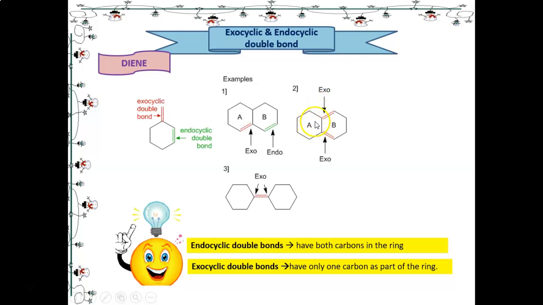The second example, we look at A structure and B structure. Outside the A compound, is there any attachment of a double bond to that A compound? Yes, it has 2 exocyclic double bonds attached to A compound, one here and the other one here. So 5 times 2 is 10. Outside the B compound, we have A compound, so there is no double bond inside A compound. Look at this third example: compound A and compound B. Outside compound A, there is one double bond, which is an exocyclic double bond. Outside compound B, there is also a double bond. So we assume that there are 2 exocyclic double bonds, right? So for this compound, 2 exocyclic double bonds. An exocyclic double bond has only one carbon as part of the